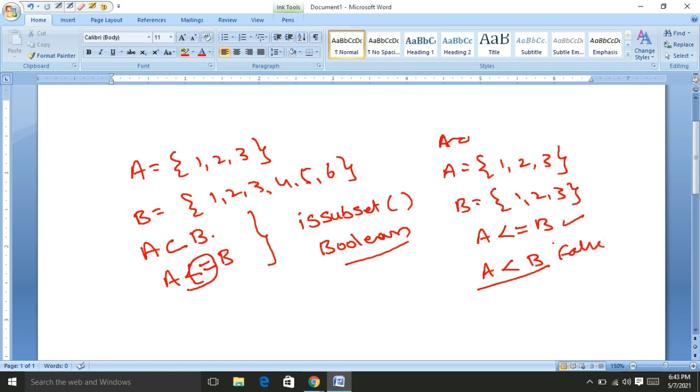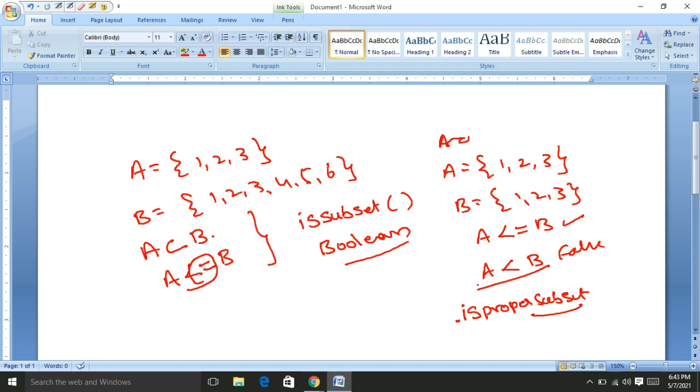Here also we are using the method is proper subset. Here also we are getting the boolean values. We are not getting any set operation.